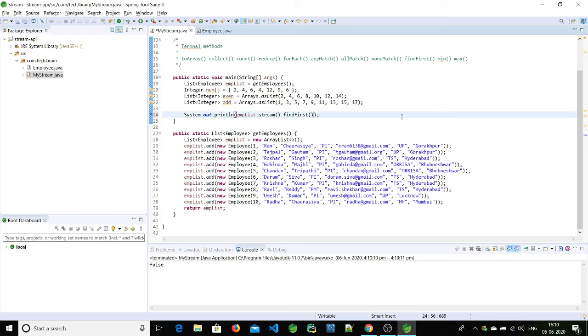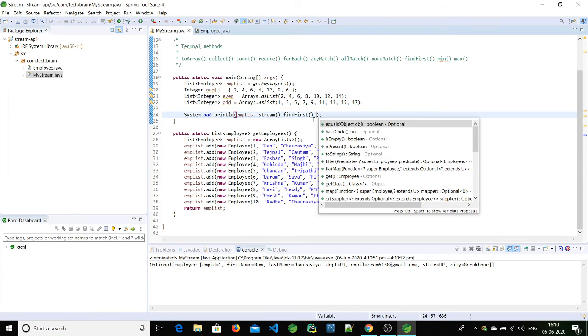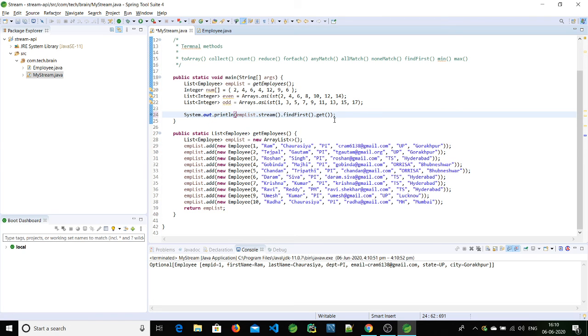In that case, it will return an Optional value so that we won't get a null pointer exception. If you want to verify, we can see here it gives Optional of Employee. To read the employee, we call the get method on top of that, and now we get the employee value directly. findFirst will give the first record.